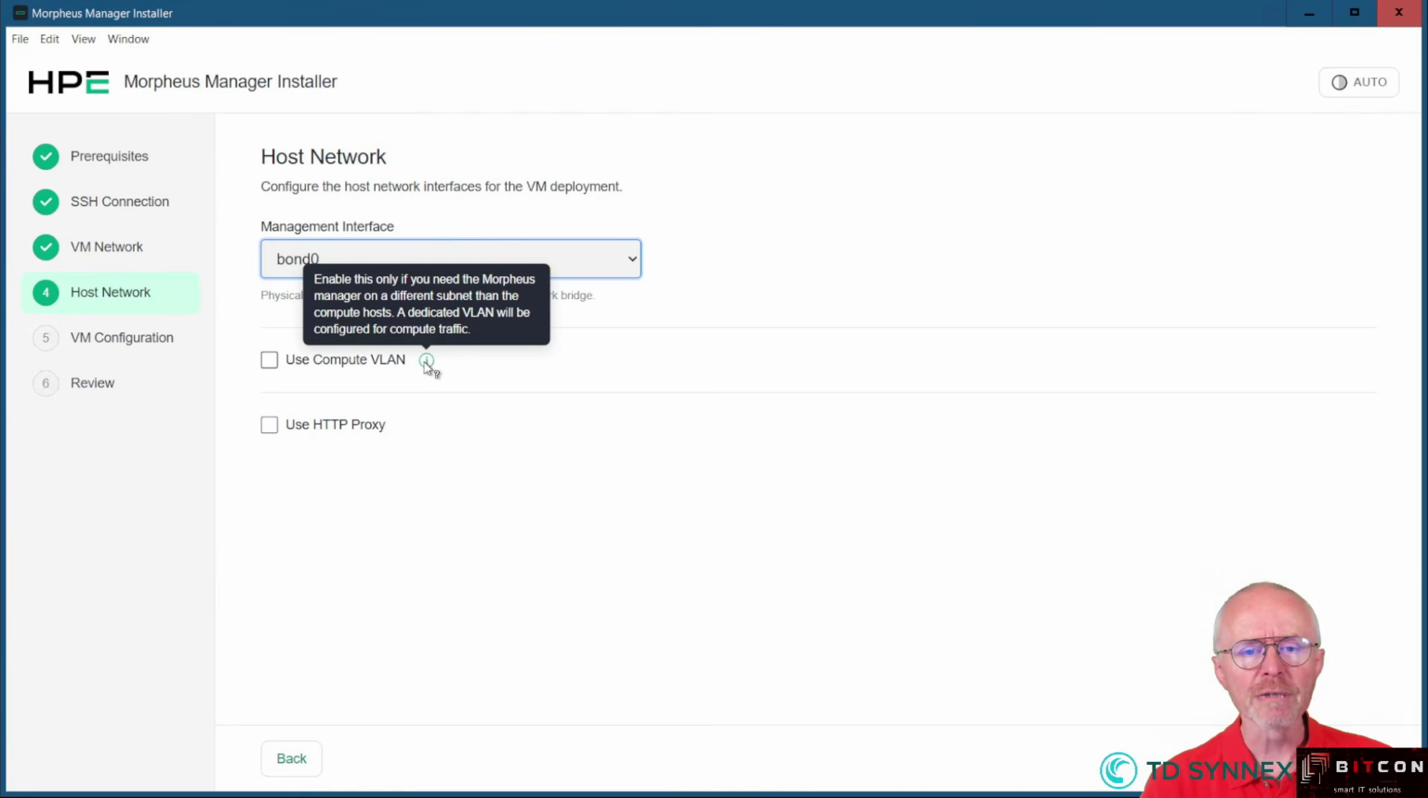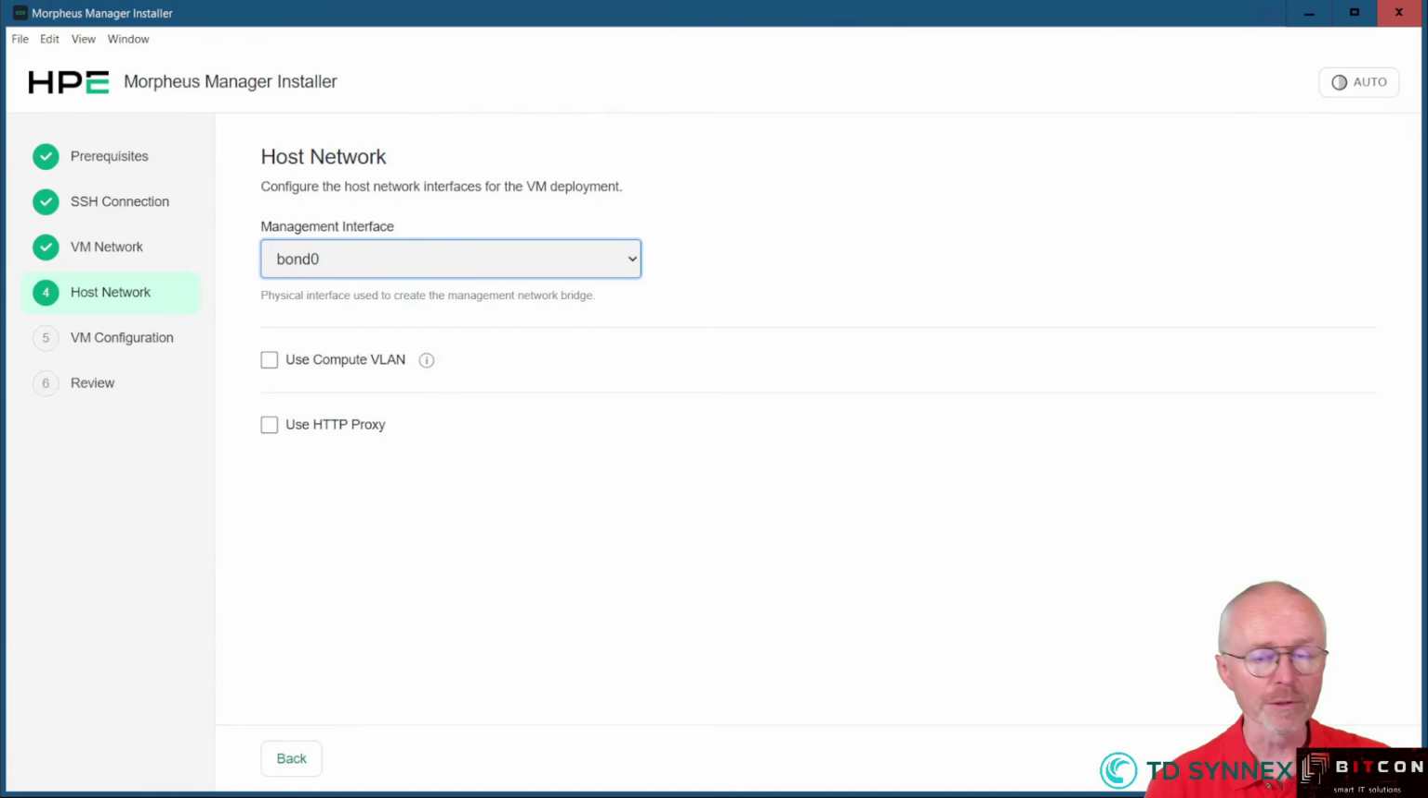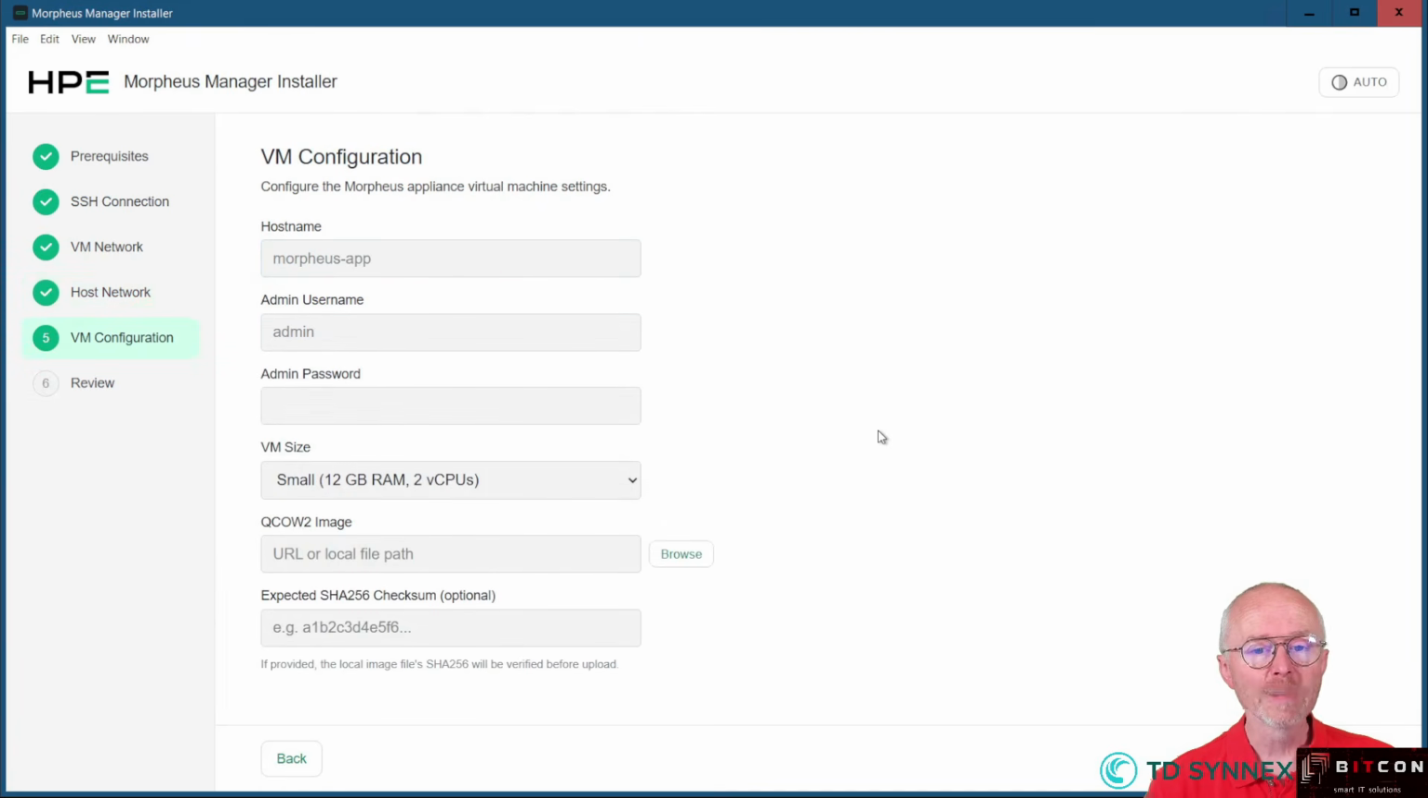Quite an important one here as well is about use compute VLAN. Well, this is as well if you want to have different subnets on those hosts, VLAN 1, 2, 3, 4, 5 for your compute traffic. At that moment, you might check that box in here. This was also an option in that text-based GUI in version 8. Also nothing changed there. When you're okay, at that moment you hit next,